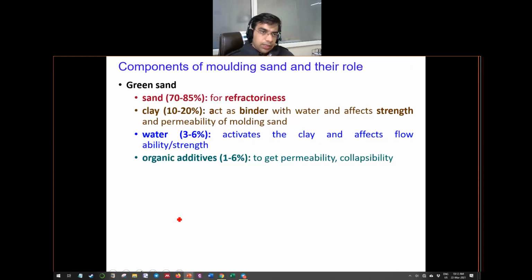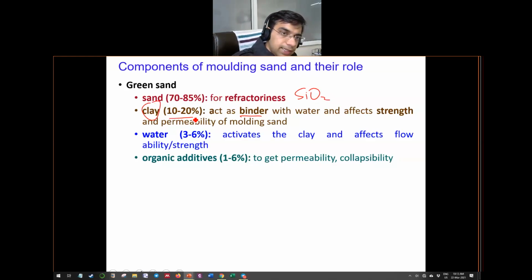So now we will see what are the different contents of the green sand. So green sand predominantly consists of sand, which is also known as silica, SiO2. So this is a refractory material having quite high melting temperature. Then clay is added, which acts as a binder. Although the sand particles can hold the shape together, they do not have sufficient strength to take the forces which are developed while the solidification is happening. So in order to provide that strength, a binding agent is added in between, which is known as the clay.